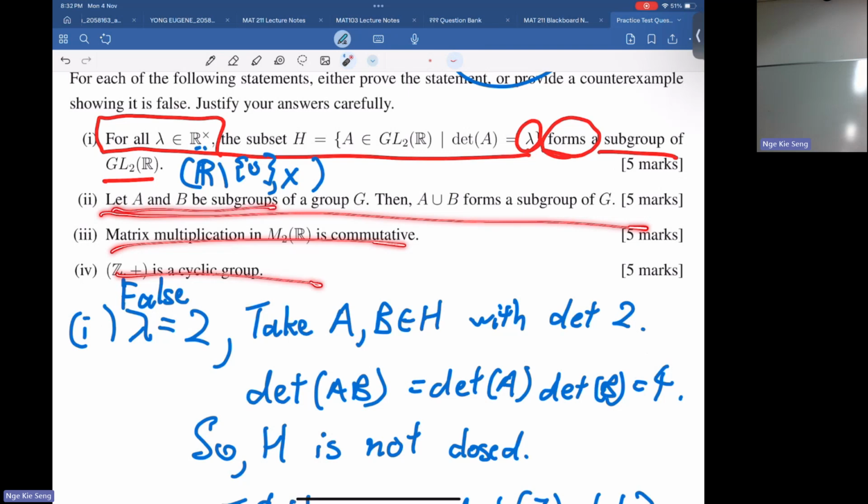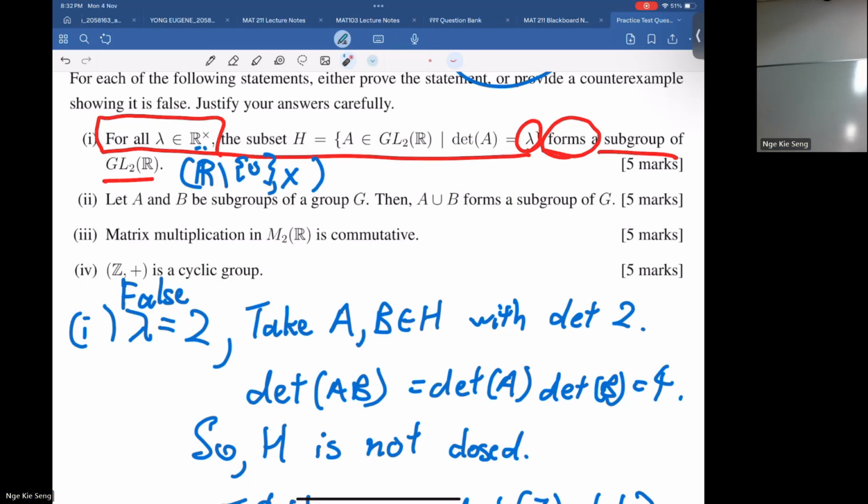Questions 2, 3, 4, are you okay or do we need to run through them? I think the hardest one is 4. 4 was done in the assignment, and 2 and 3 were also done. Number 3, I sort of mentioned in class and then left as an exercise. So be careful, those exercises might come out in the exam.